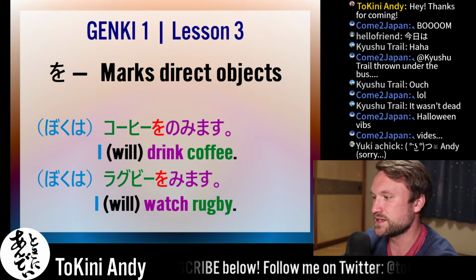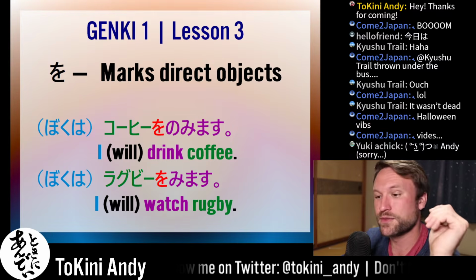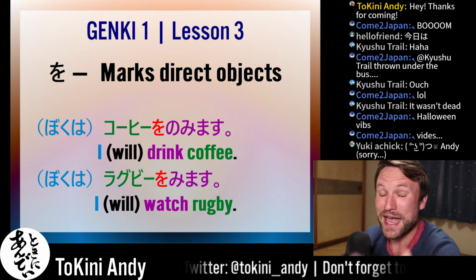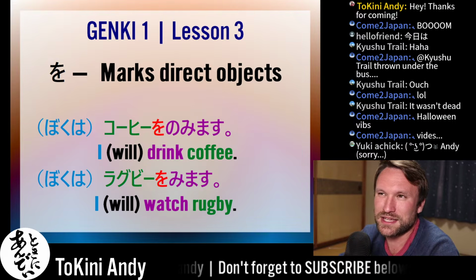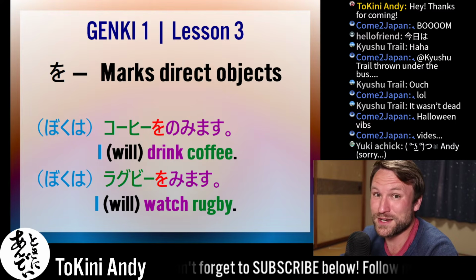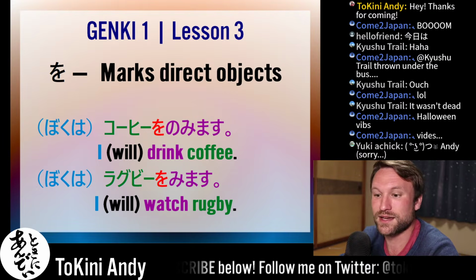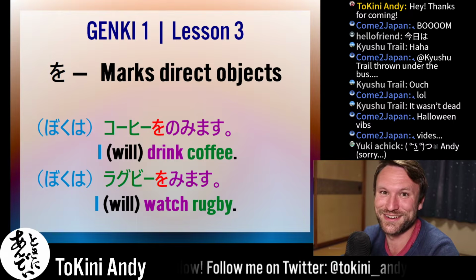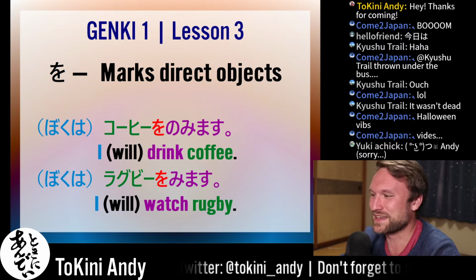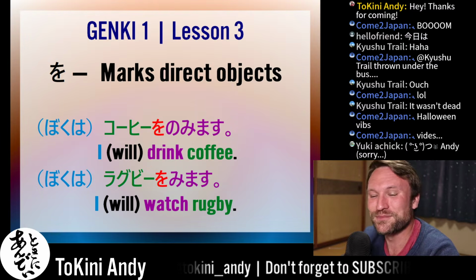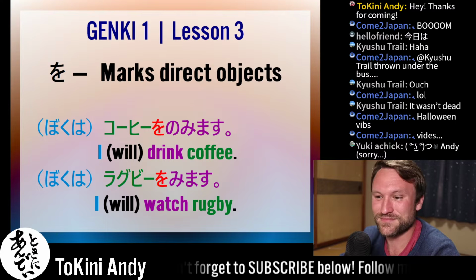Now you see in parentheses in a lot of the sentences that are going to come out, I have boku wa, so that's me, or watashi wa. Those are completely optional. You can put them, but generally in conversation, you wouldn't. In the situation that you would say a sentence like kohi o nomimasu, you probably wouldn't say boku wa. Like you might be at a restaurant and someone's like, what are you going to drink? And you'll say, kohi. You might just say kohi, which is completely fine. But if you want to be completely by the book and you're practicing, you would say kohi o nomimasu. Kohi o nomimasu. Right. Awesome.